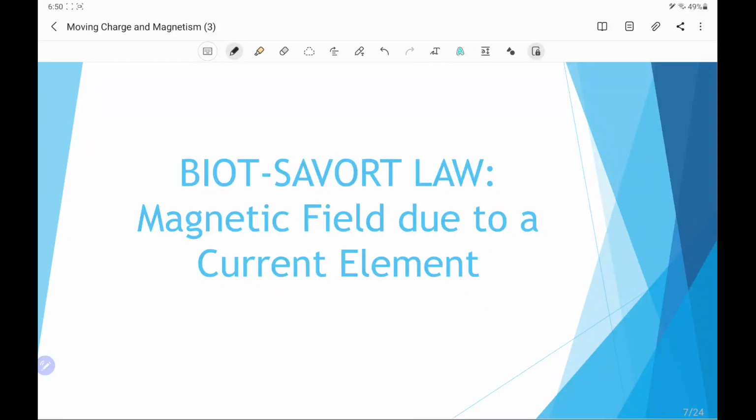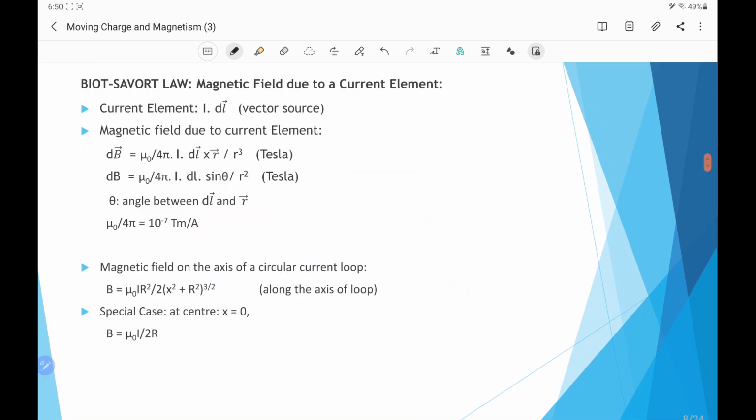Next topic is Biot-Savart's law, and it relates the magnetic field due to a current element. Suppose there is a conductor which carries the current I, and at a point P we have to find the magnetic field. So for this case we will consider a small element of the current, that is called the current element. This has the length of the conductor dl, that is the elementary length, and current carried by this element is I, so we say this is the current element I dl, and the distance of this element from the point P where we have to find the field is r.